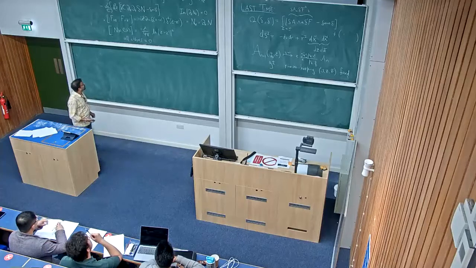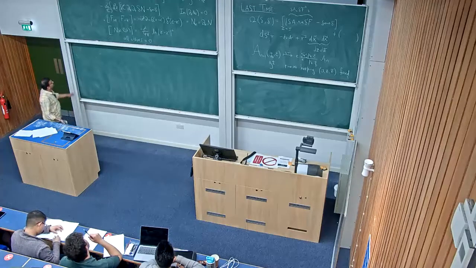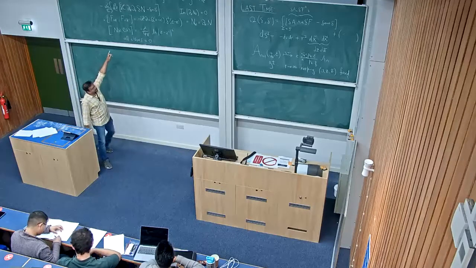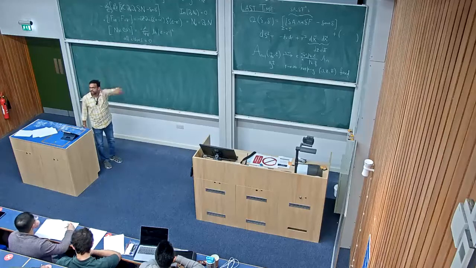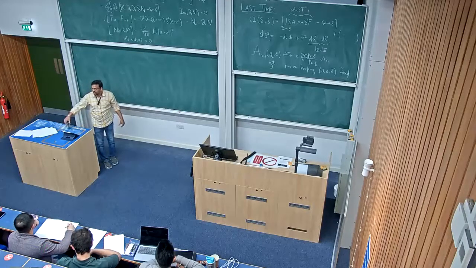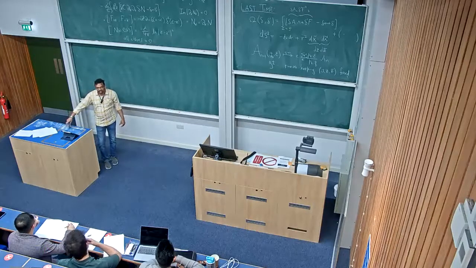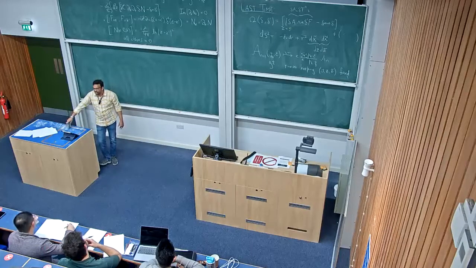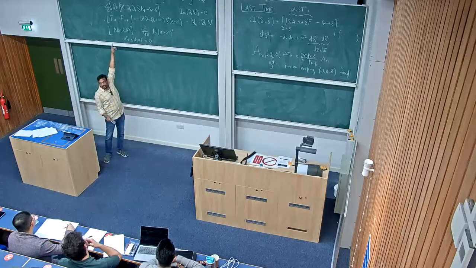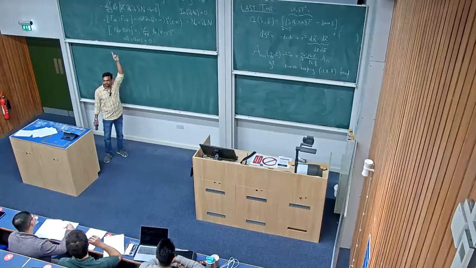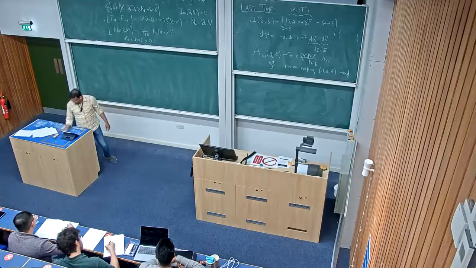Because I keep calling this soft, but I haven't told you why I'm calling it soft. Remember, soft meant 0 energy, but I haven't told you why it's soft. To do that, I need to construct a Hamiltonian and check whether these modes have 0 energy. That is, do they commute with a Hamiltonian or not? Only then should I be calling them soft. So let us construct the